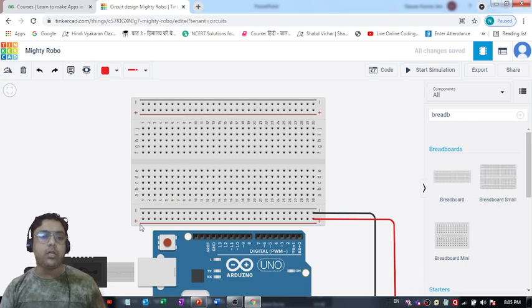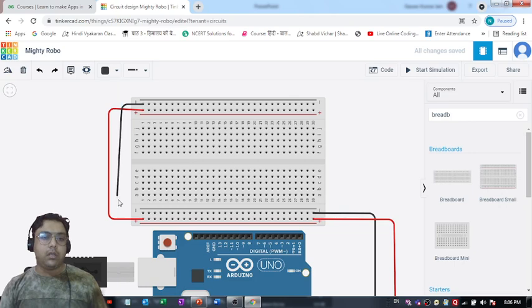In this topmost part of the breadboard, what we can do is simply make use of the red wire, and let's connect the positive terminal with the positive terminal of this topmost part. Similarly we can change it to black, and let's connect this negative terminal to the negative terminal of this breadboard. So it's perfectly fine now.